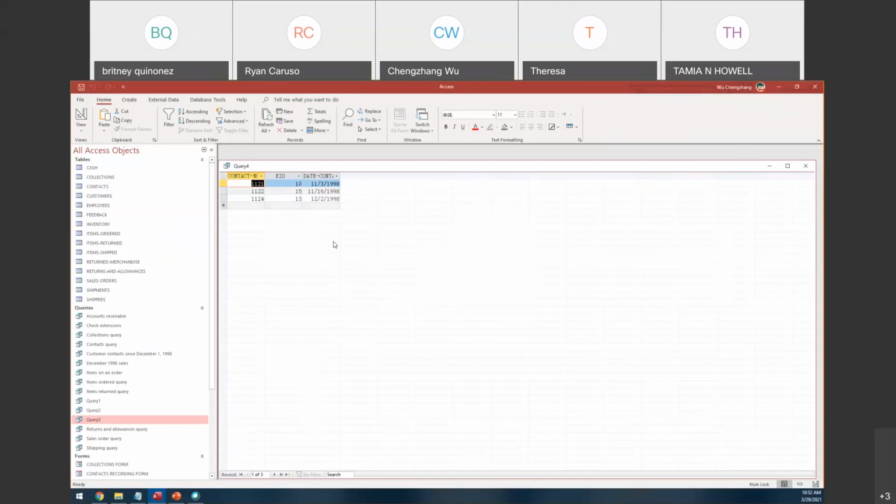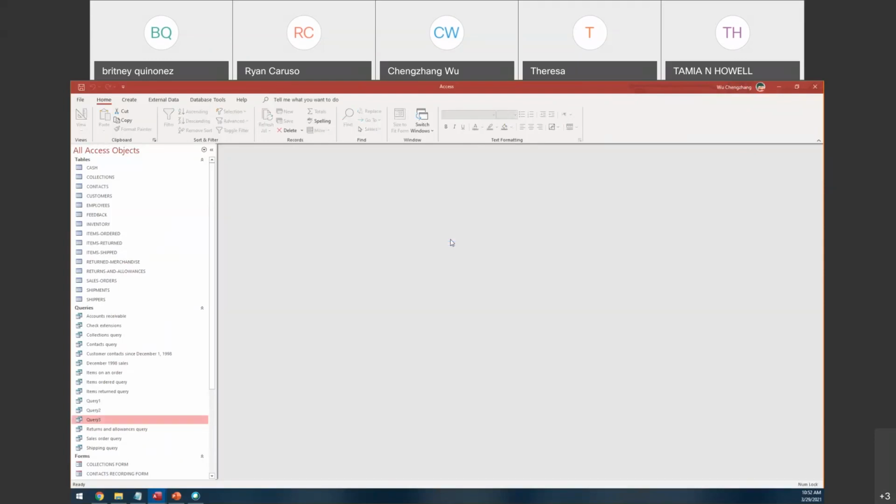All right, this is the last query. We can close it and save it as query 4. Well, this is the 4 sample queries shown in this class, and